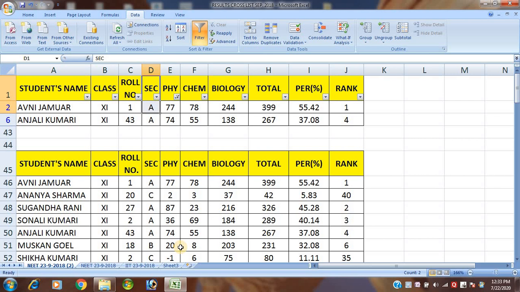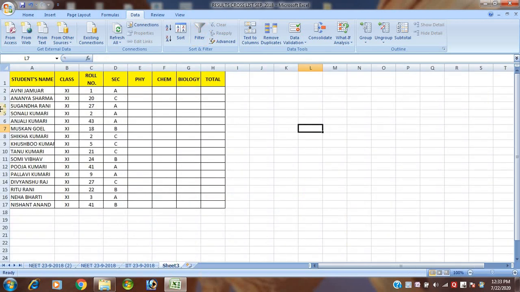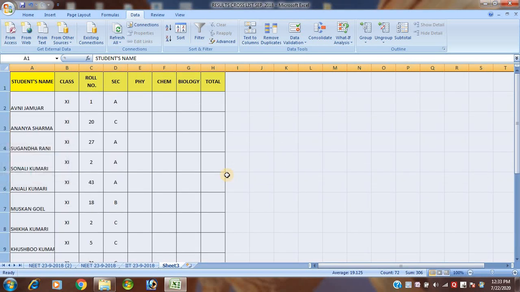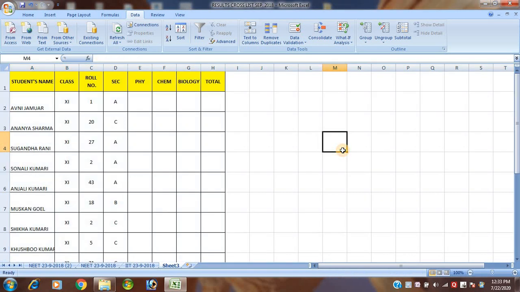Is that clear student? Come to the new Excel sheet page. Suppose this is my new Excel sheet. I want to increase the row height. You see student name, class, roll number, section, physics, chemistry, biology, total.